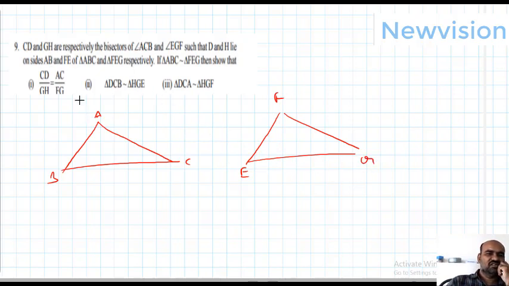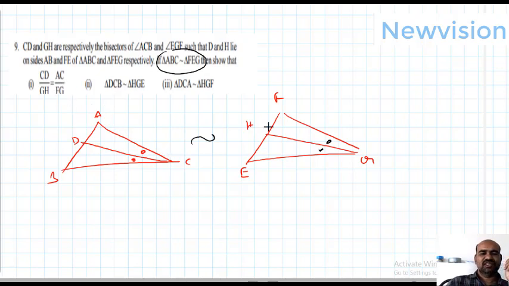So CD is the bisector of ACB. CD is the angular bisector. So these two angles are equal. And GH is the bisector of this angle. If these two triangles are similar, given these two are similar, then we want to show that CD by GH,